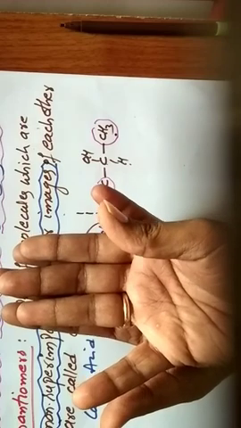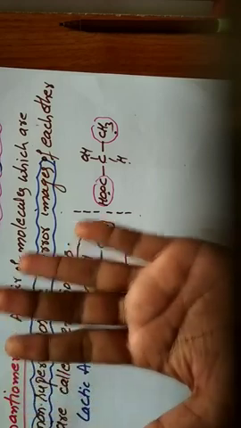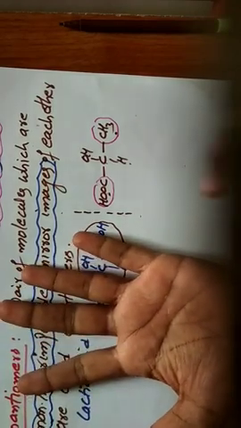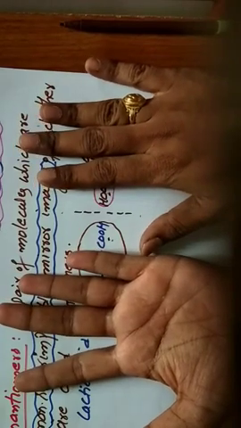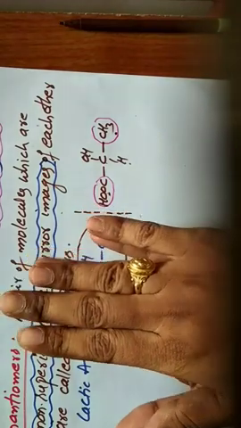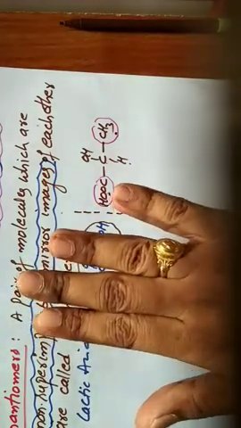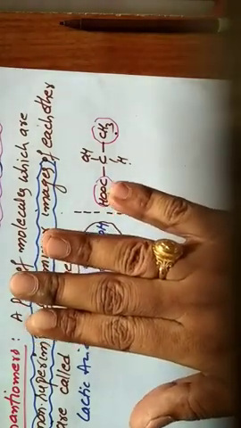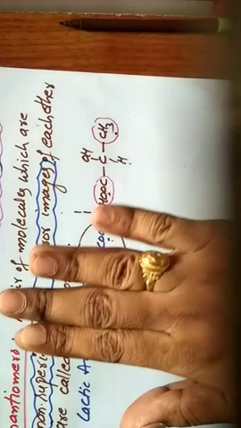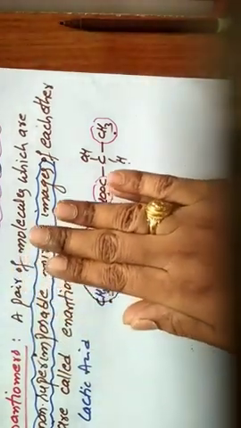Suppose, for example, this is one molecule and this is another molecule, and both are mirror images. This molecule is exactly placed on this molecule. In this case the fingers are exactly the same, so the same fingers are present one above the other. Yes or no? This is superimposable.